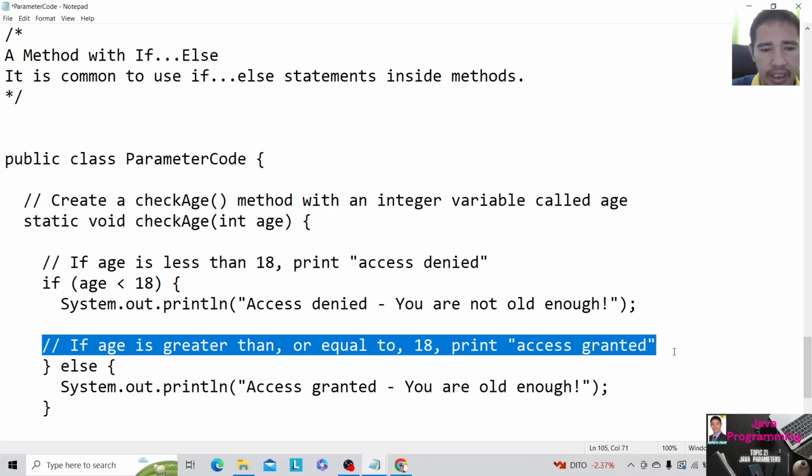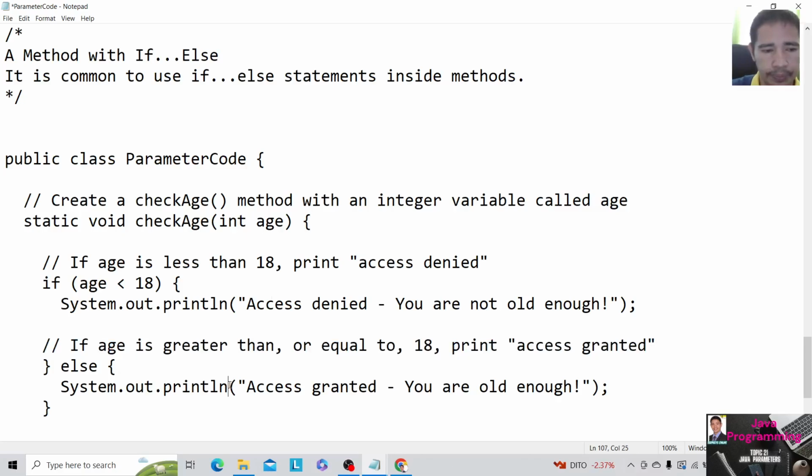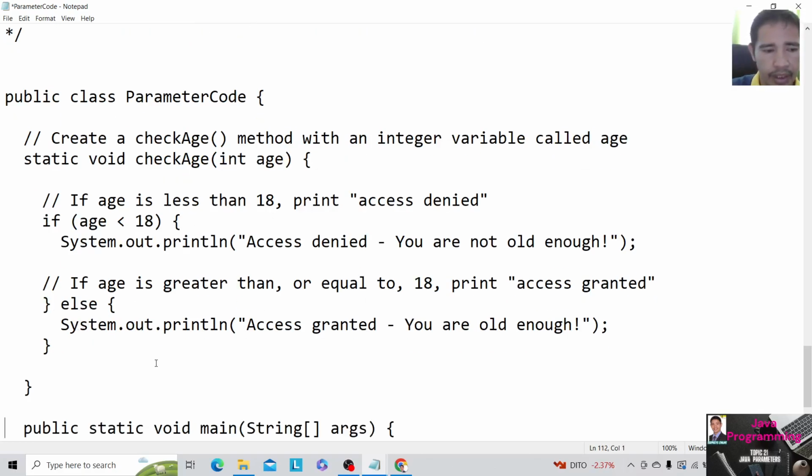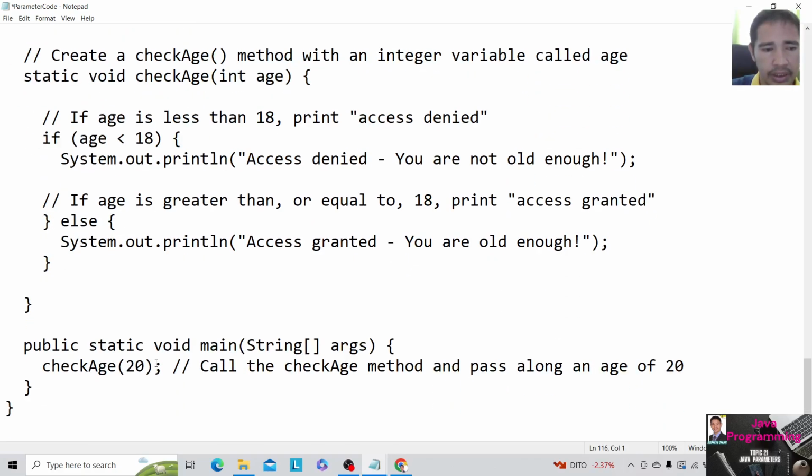If age is greater than or equal to 18, print access granted, you are old enough. So that is our method check age, and we have a parameter age with a data type of int, and here below this we have the main method,